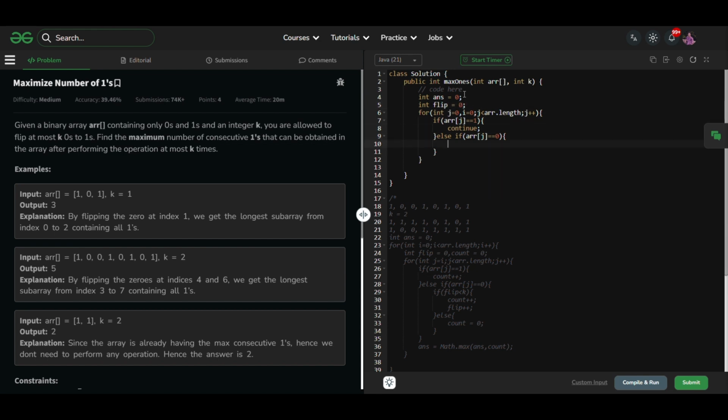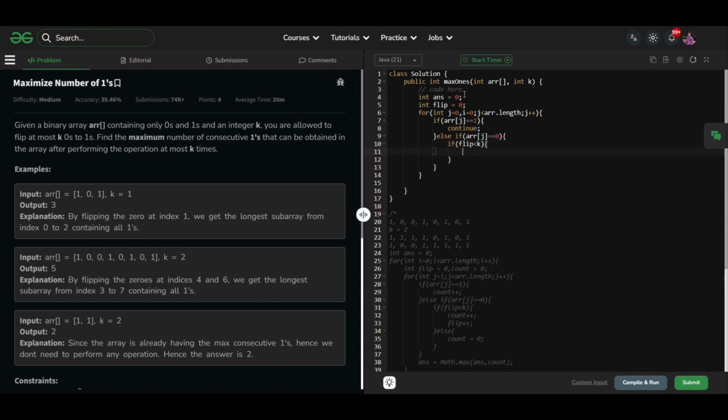If we encounter 0 and if the flip is less than k, then we proceed and increment the j. Let's think of the negative case: if the flip becomes greater than or equal to k, it will be equal to only, but let's have greater than or equal to k,